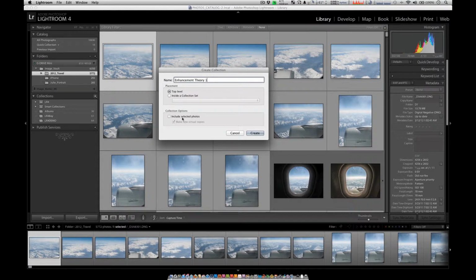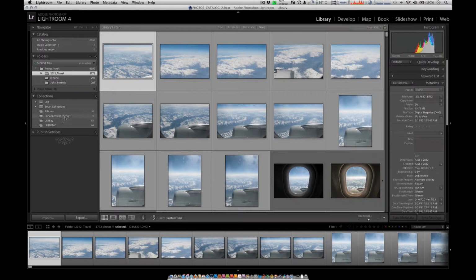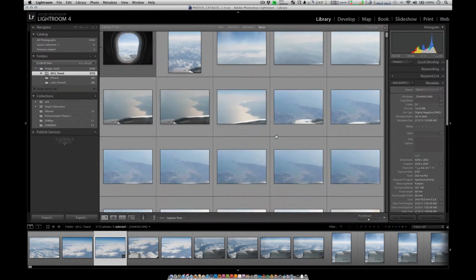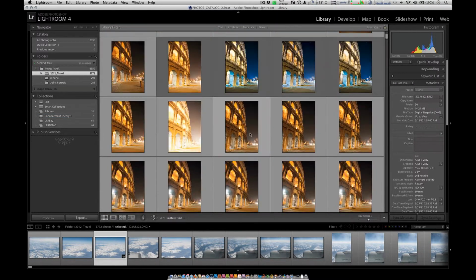And notice how under collection options, I don't have include selected photos checked. So I just leave that empty. And once you do that, you can click on create. So now I have a folder called Enhancement Theory 1. Okay, so adding an image to a collection is as simple as clicking on the image and dragging it in. I'm going to drag a few images in here for Enhancement Theory 1,